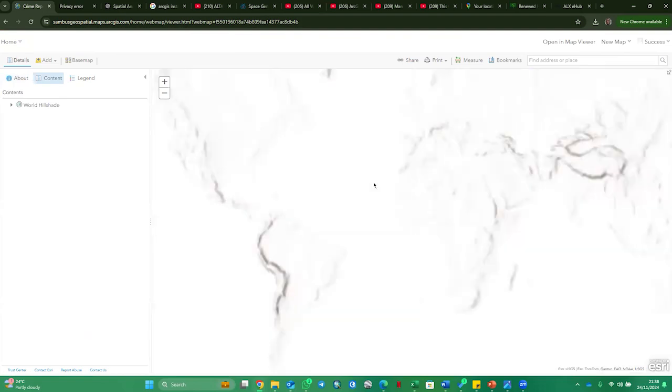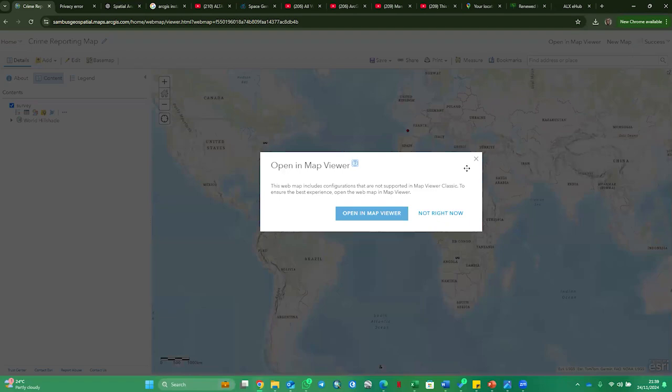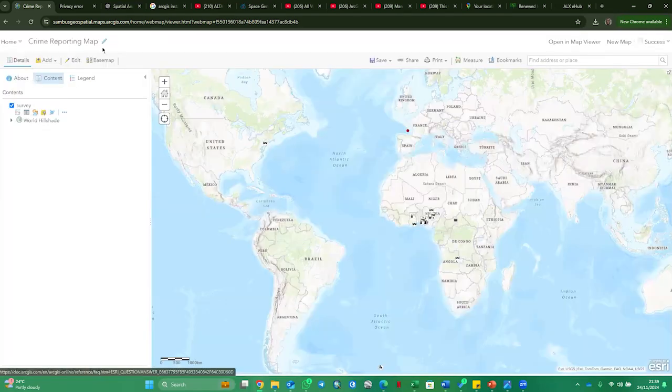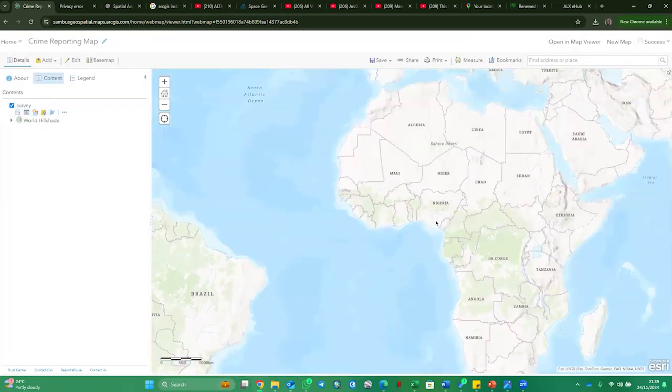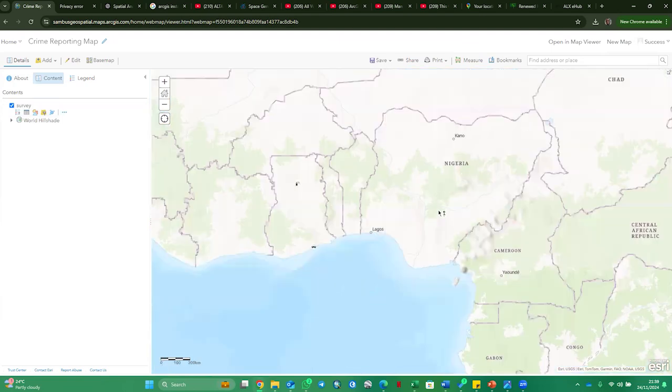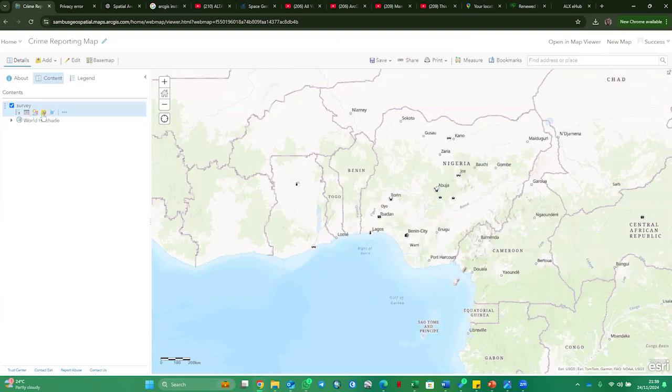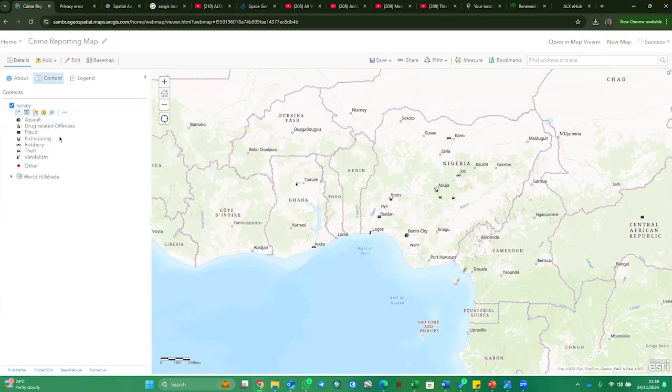So this is the map we'll be working on today. It's called crime reporting map. We have some areas right here where criminal activities have been reported. You see assault, drug deal, and all of that. So let's not waste our time here. Now that we've selected the particular map we'll be using,